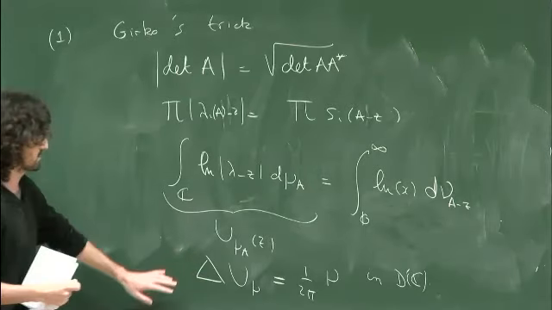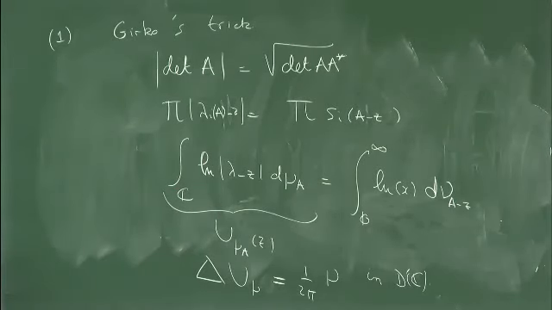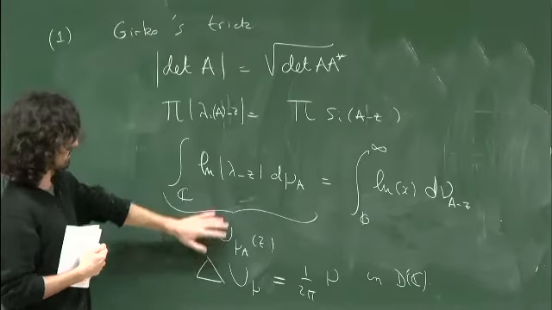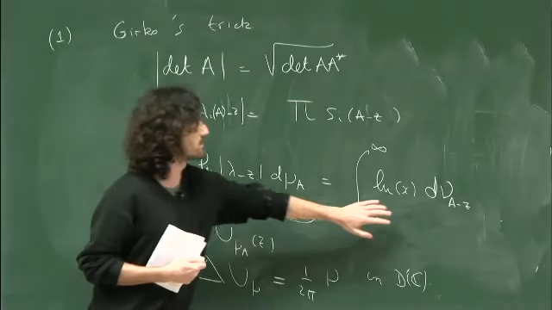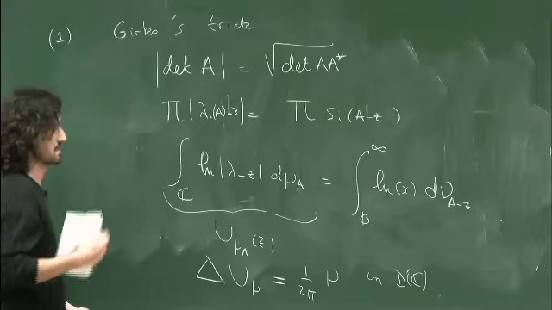This is just because when you take the Laplacian of the logarithm, you get the Dirac mass. Okay, so this characterizes your measure, and I have a dictionary to go from singular values to eigenvalues. So this is very simple, and you can